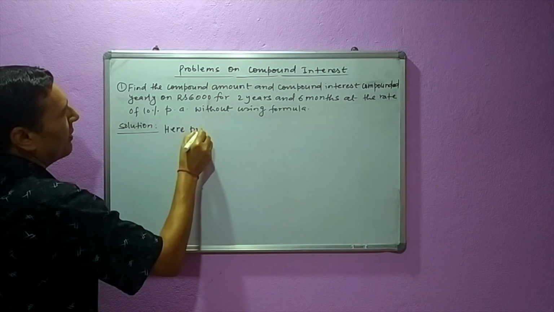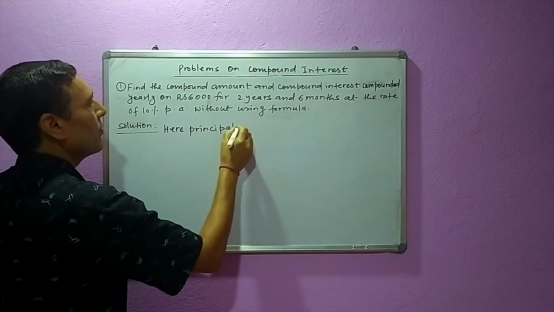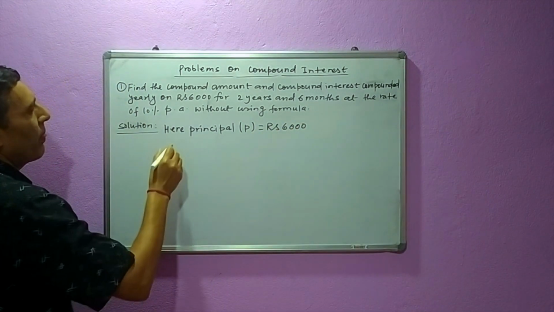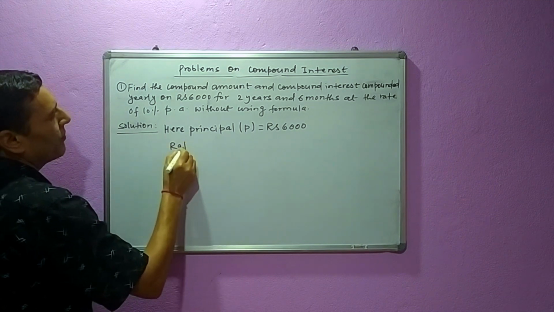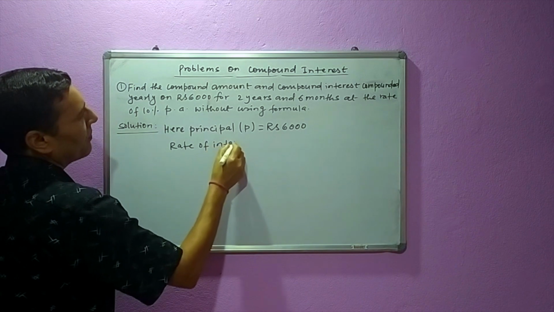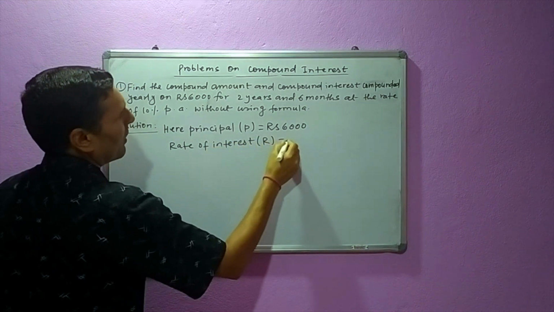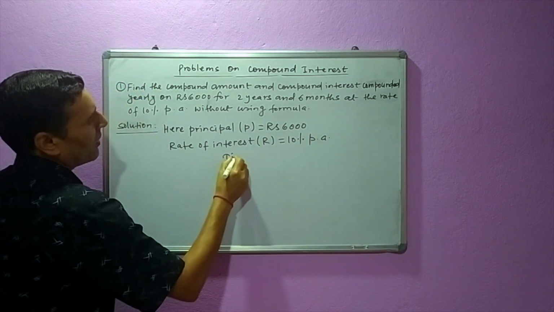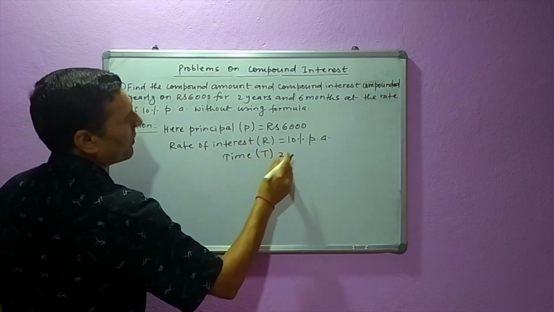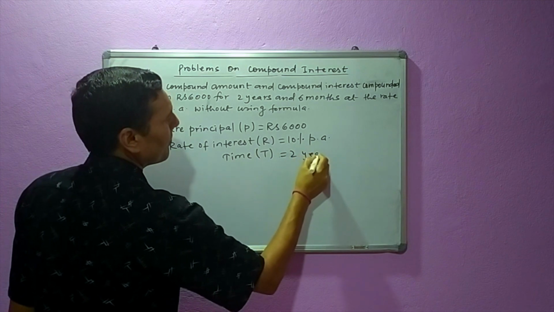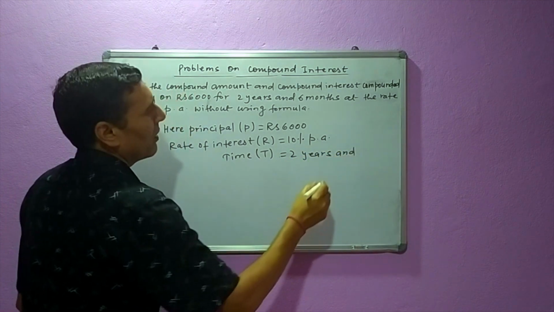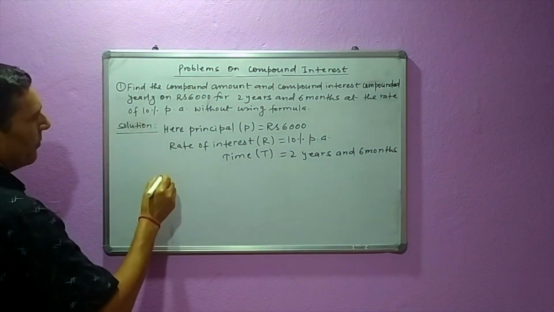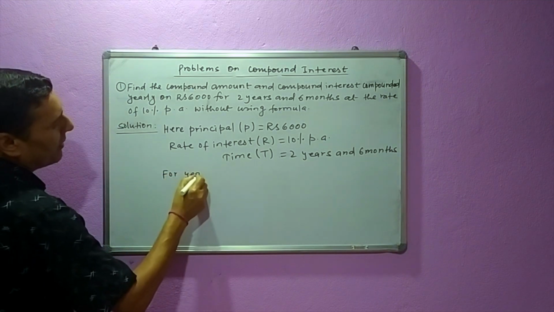So here principal P is equal to rupees 6,000, rate of interest R is equal to 10% per annum, and time is given as 2 years and 6 months. So for yearly compounding,